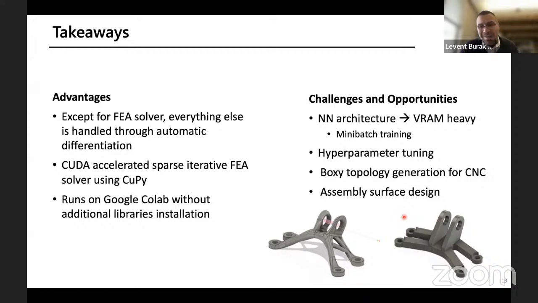Finally, we want to extend this work to generating what is conventionally a subtractive machining part, meaning topologies that are more conducive to machining rather than additive manufacturing. So these will require us to think about what are the constraints in 3-axis CNC, 5-axis CNC, where additional considerations need to come into the picture over what additive manufacturing typically tries to do.